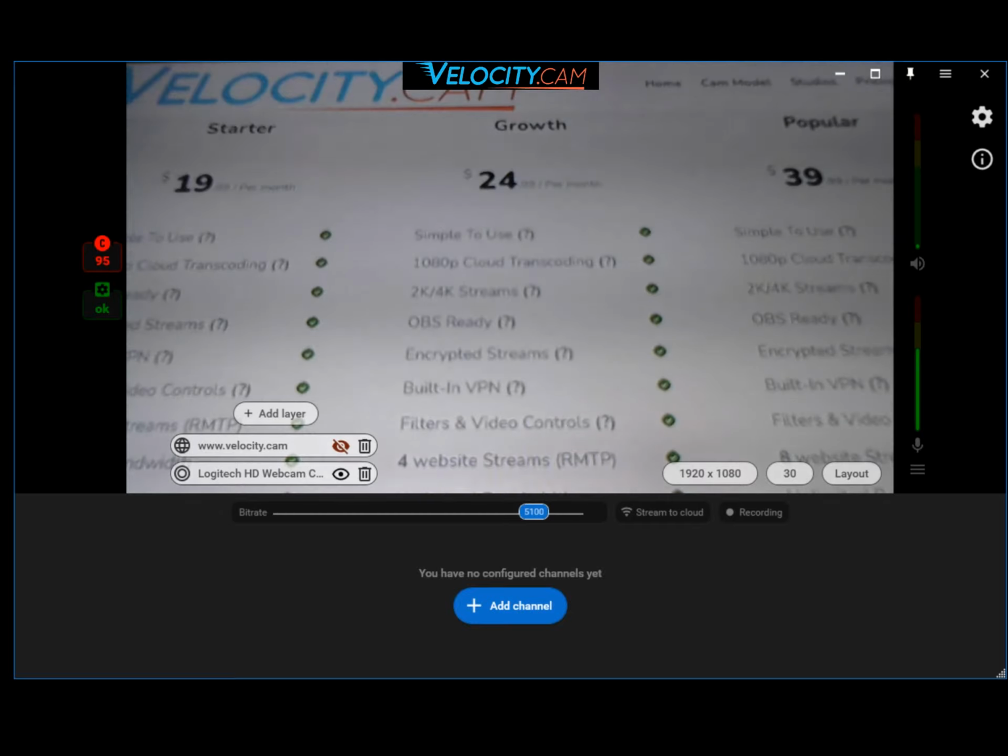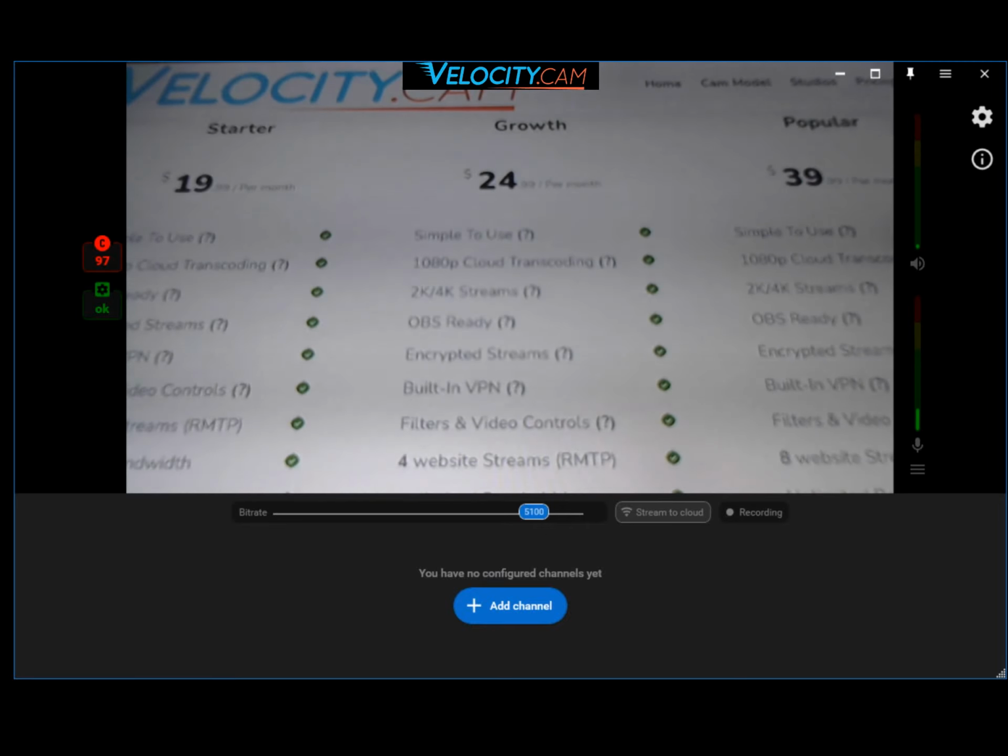When you actually broadcast, the Stream to Cloud button should highlight, and that tells you that your Velocity software is streaming to our server. If that doesn't show up, then something is wrong and it's not working. Okay. The next option, recording, is used if you decide to record your live stream to your